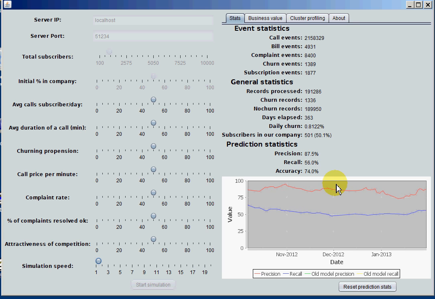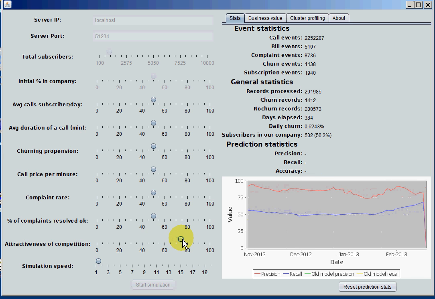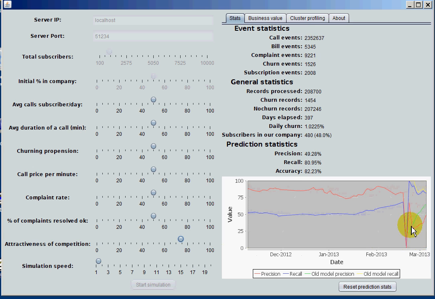Let us change the situation a bit. For example, let us say that for some reason the competition suddenly becomes more attractive. More of our customers should now be churning to the competition in the next few weeks. We see that recall and precision have a sudden dip